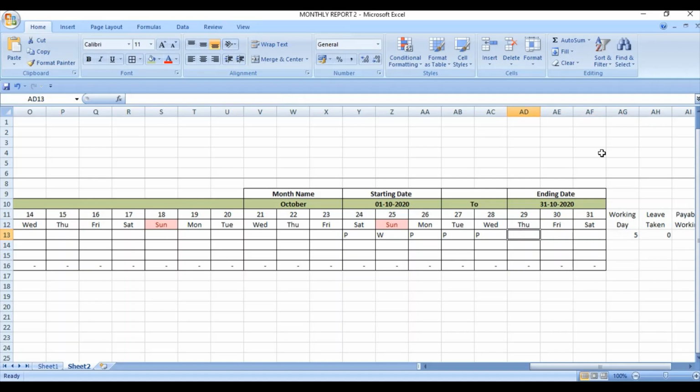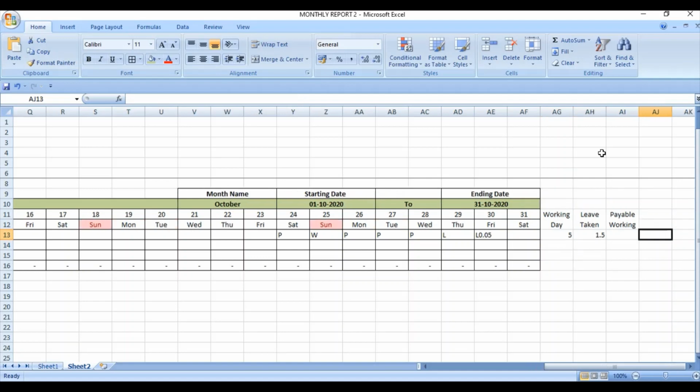Let us suppose employee 1 remained absent on the 29th. So right here L. Automatically it is reflecting leave taken as 1. Let's say the employee remained present or absent on the 30th day of the month for half day. So right here L.5. Now look at the result.